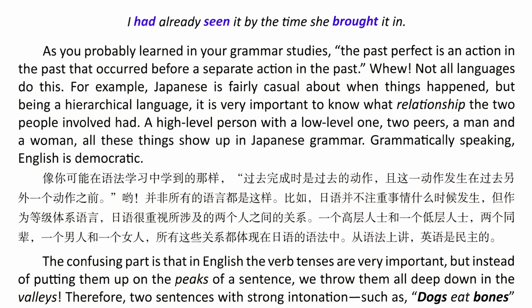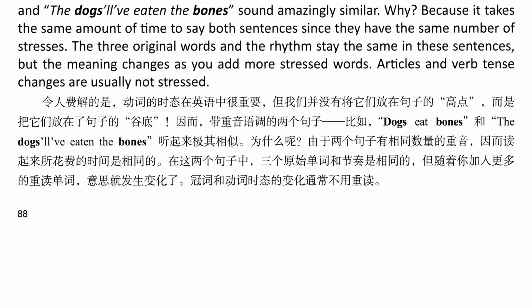The confusing part is that in English the verb tenses are very important, but instead of putting them up on the peaks of a sentence, we throw them all deep down in the valleys. Therefore, two sentences with strong intonations, such as dogs eat bones and the dogs will have eaten the bones, sound